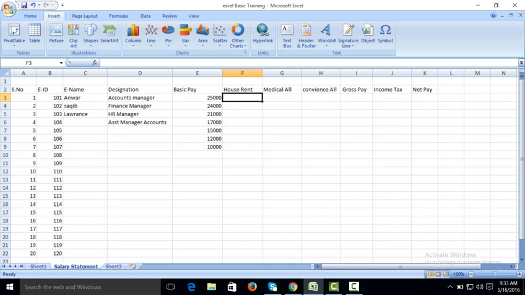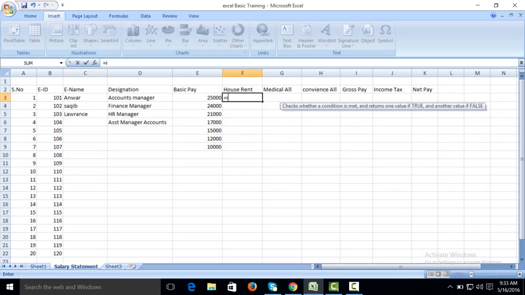What is the formula? An IF formula is applied for the different allowances. How to create it? The formula is equal to IF, give the location of the basic pay. What is the location of basic pay? E column and 3 row. Equal to IF, E3 greater or equal to 30,000, comma, E3 multiply by 20%,